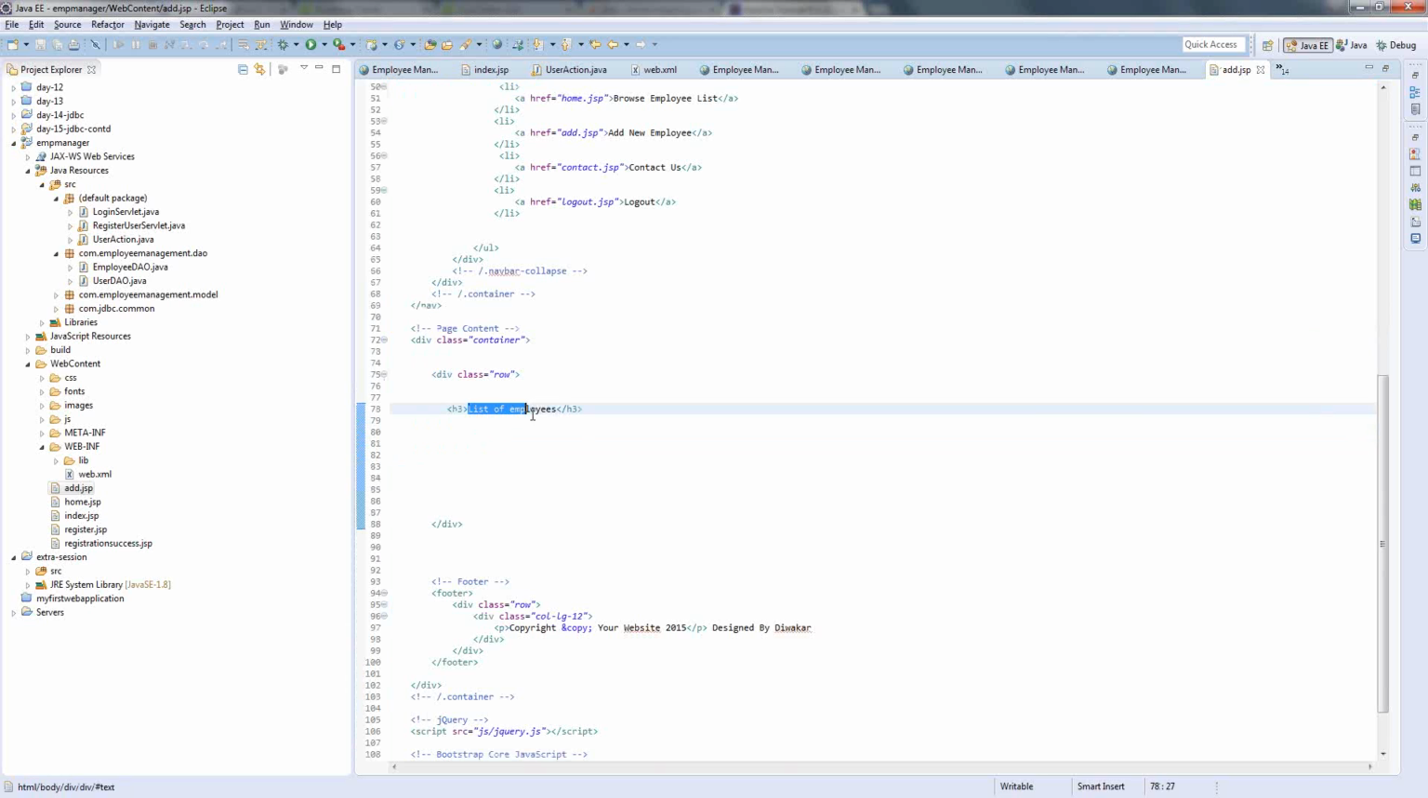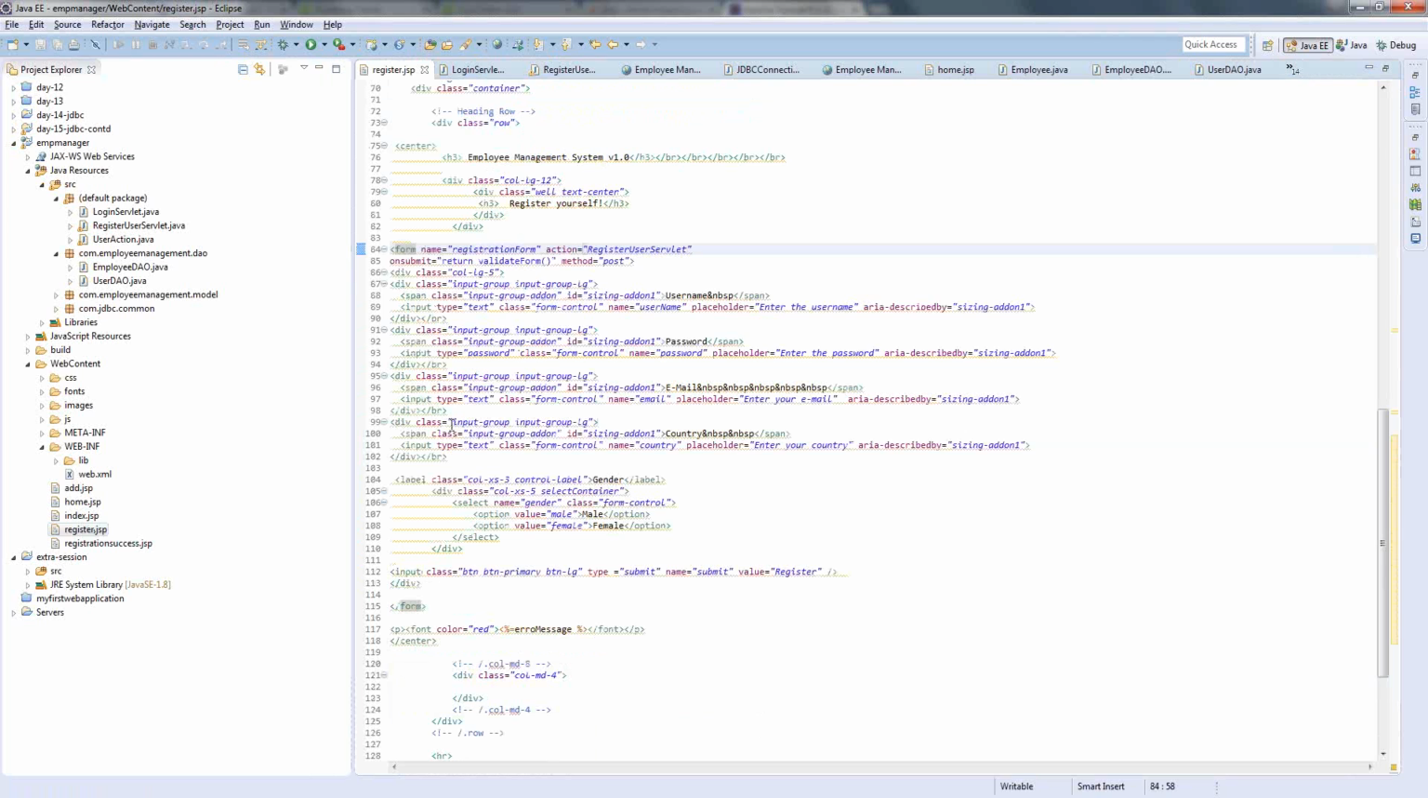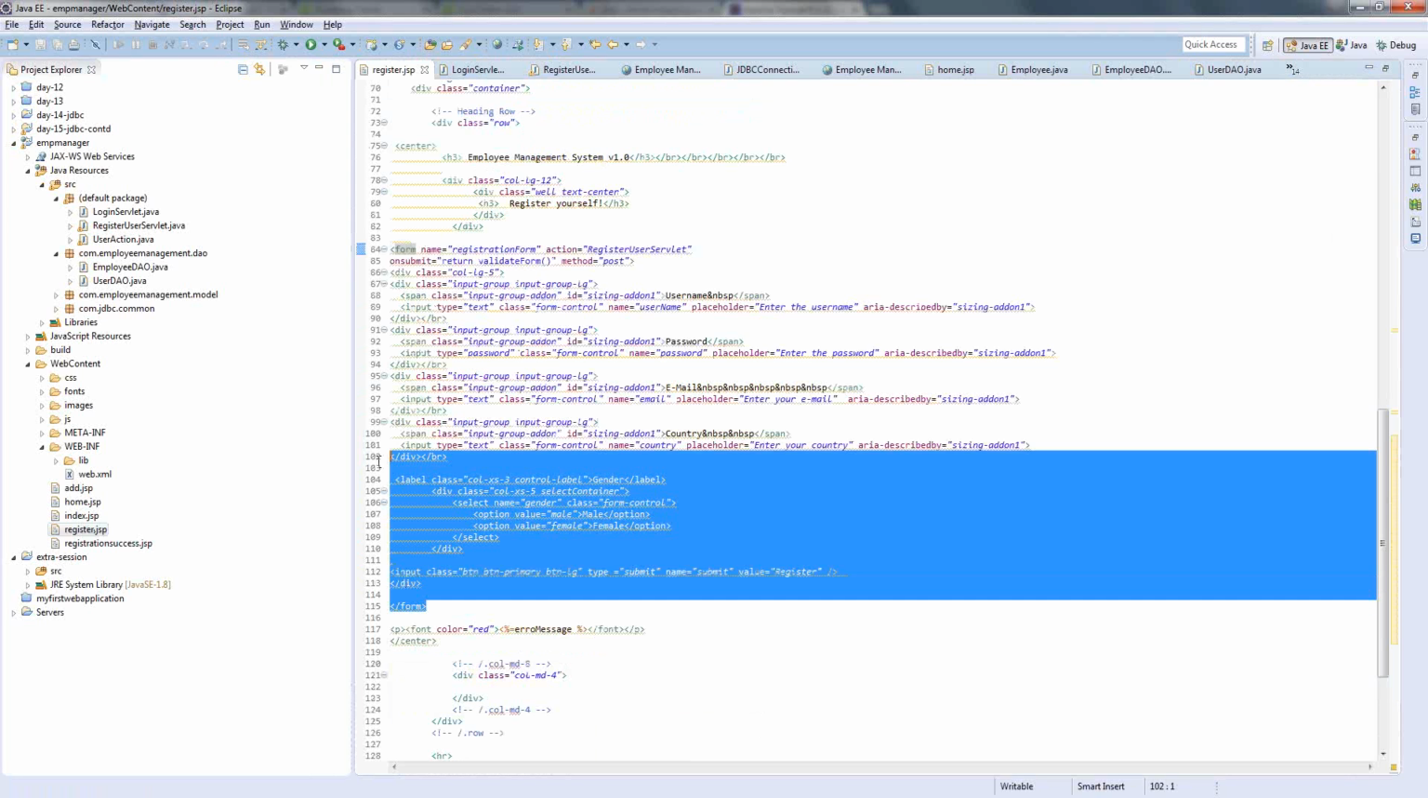Okay, and instead of this table, we'll have this add new employee, and I'll copy these fields from this registration page. So